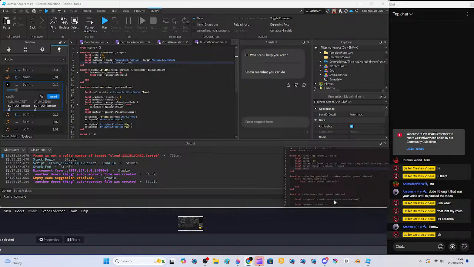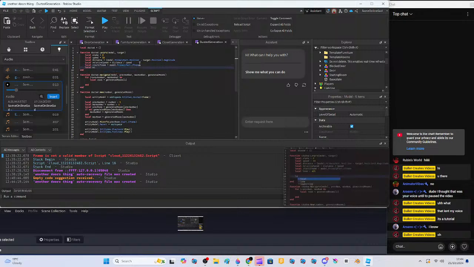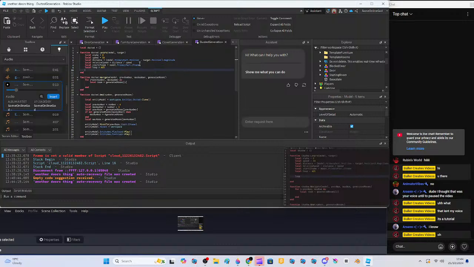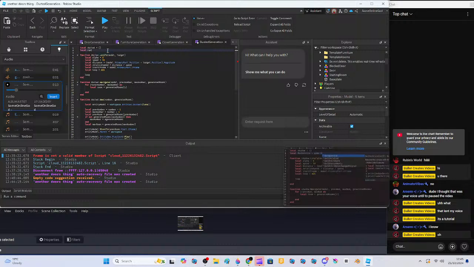So his start CFrame will be equal to the model.PrimaryPart.CFrame, and then we'll create our loop. So local loop will be nil initially, and then we'll set the loop to, rather than just using a for loop, we're going to use something called RunService. So RunService allows us to tie things on a frame by frame basis, so we can have a really fast running loop. So get service, RunService, and then we'll say loop equals RunService.Heartbeat,